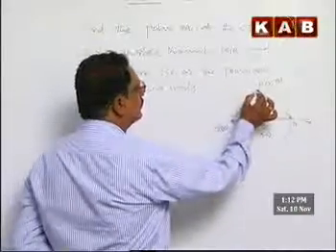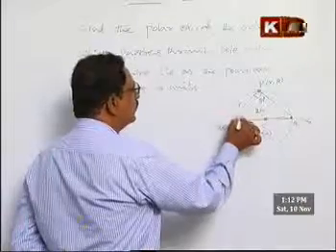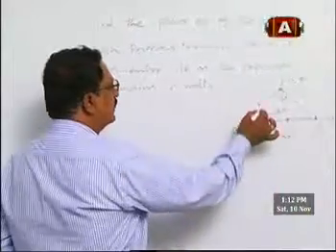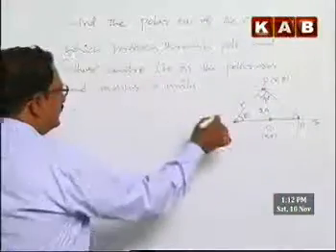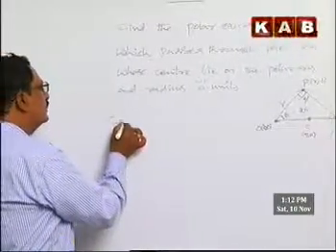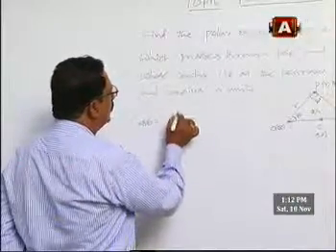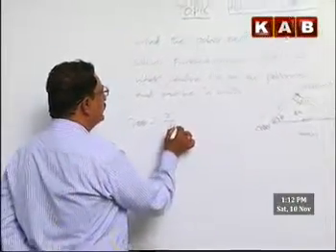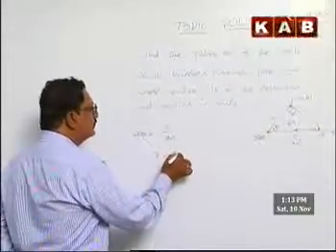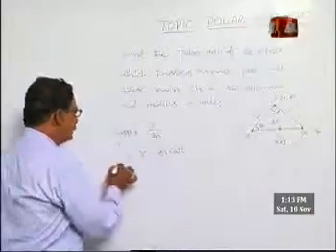Now the coordinates of the point P are (r, theta), then OP equals to r units, and OP is inclined at an angle theta with the polar axis. Now in triangle OPA, cos theta equals to r by 2A. Then the required equation of the circle is r equals to 2A cos theta.